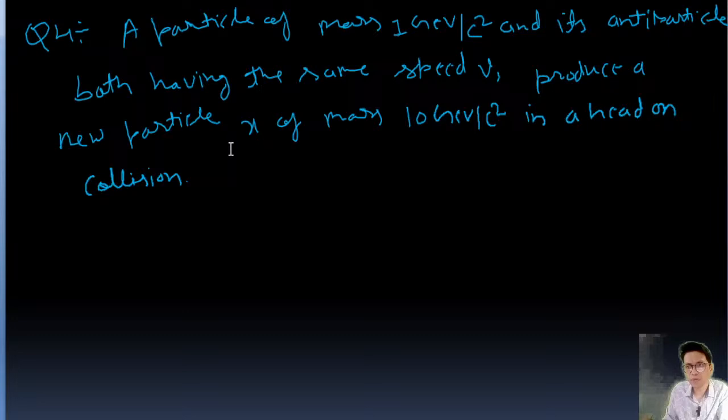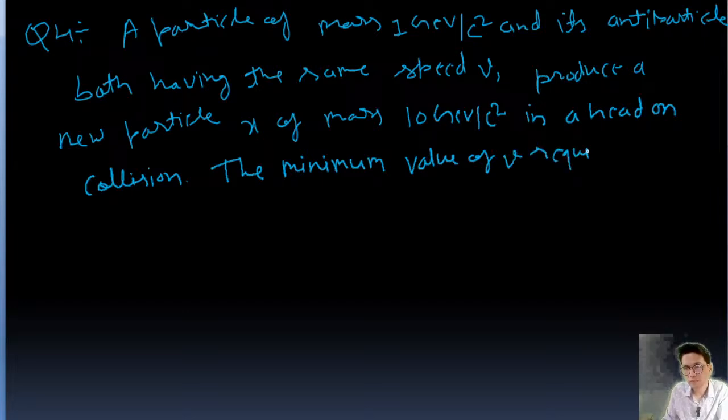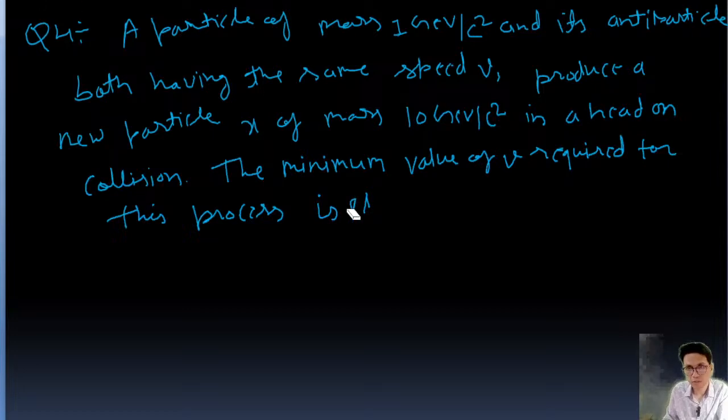The minimum value of v required for this process is